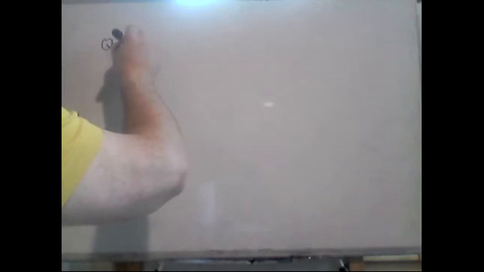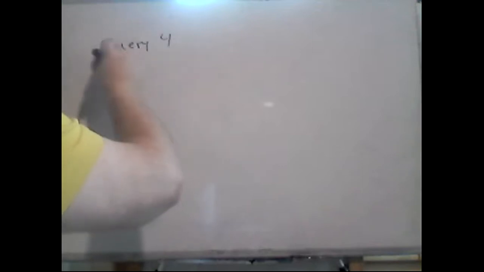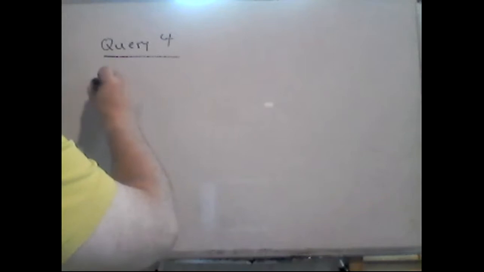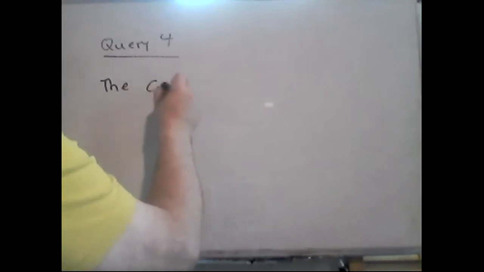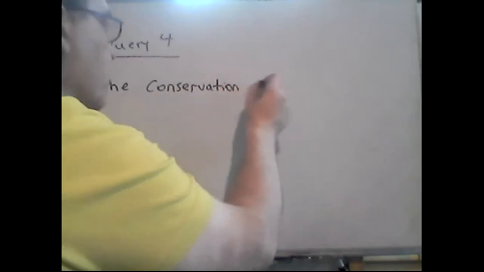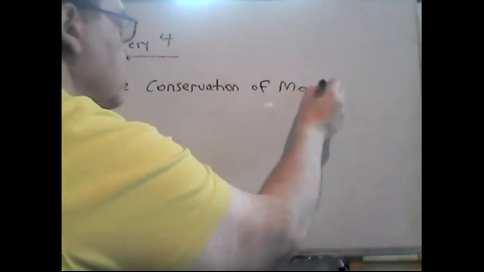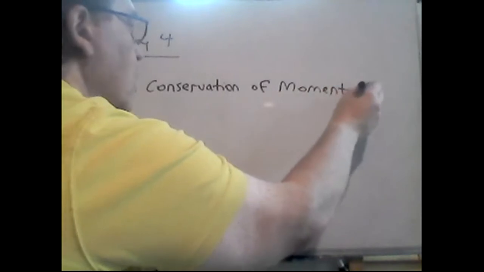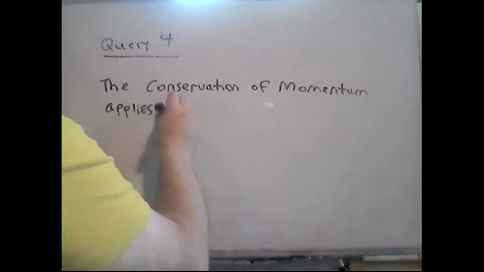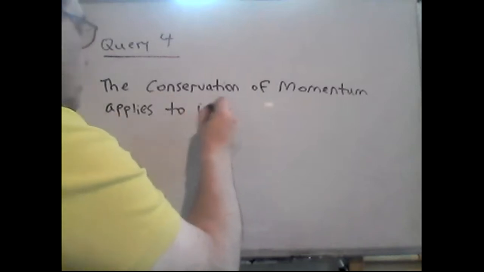When you apply a law or a principle, you have to know what the restrictions are for you to apply such a law. And the conservation of momentum applies to isolated systems,